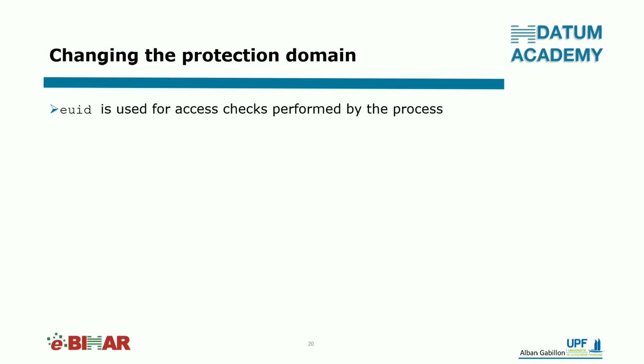Now, let me talk only about real UID and saved UID. The real UID identifies the user who created the process. If the setUID flag is unset, then real UID and effective UID are the same. It's only when the setUID flag is set that they can be different, if the user who created the process is different from the owner of the program.